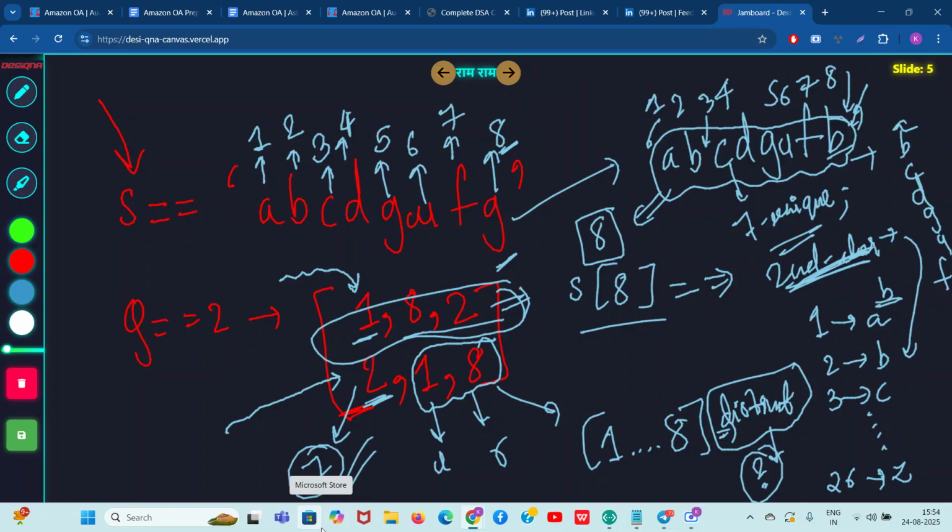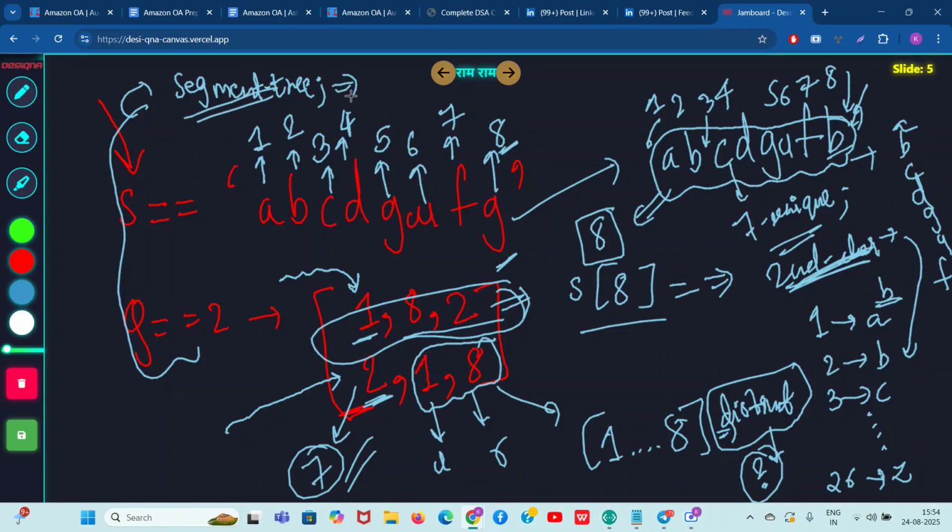So what can be the brute force solution to this problem? Obviously, the efficient solution involves a very nice segment tree trick. But guys, I am your favorite DSA plus OE plus CP teacher, so there is a way to do it without segment tree as well in the same type of time complexity. So all those things I'll explain in part 2.